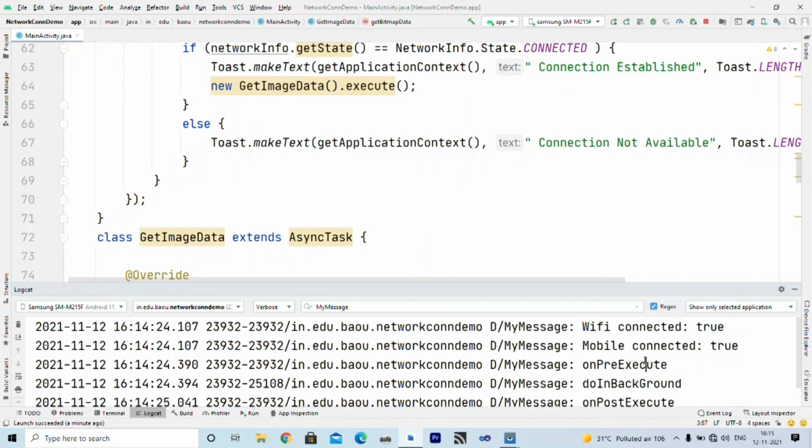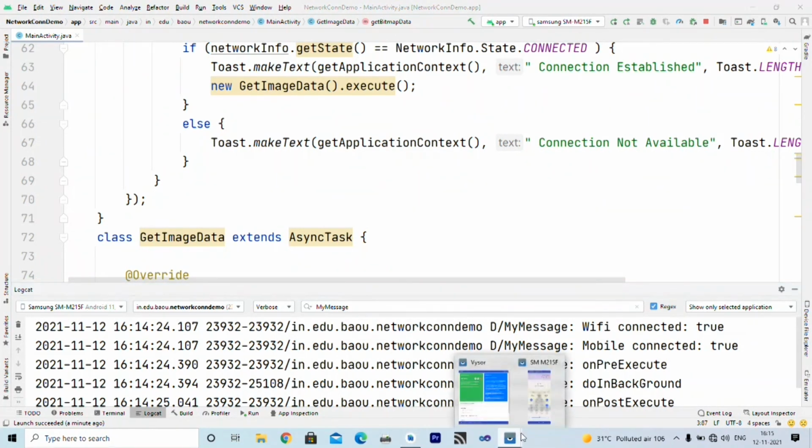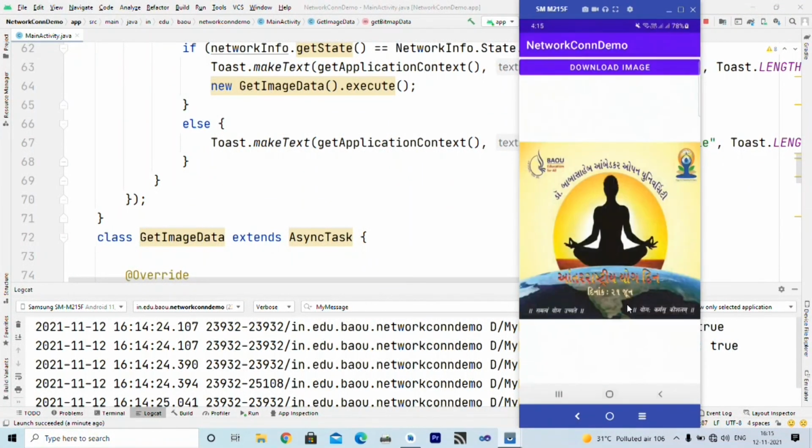Then it calls onPreExecute, which displays that dialog box. Let us see that dialog box once again. So I am clicking on download image, and it momentarily shows.